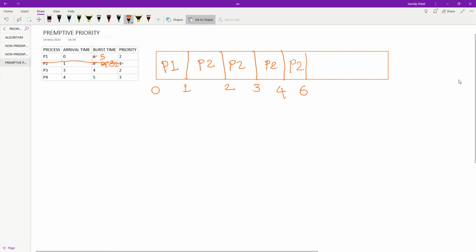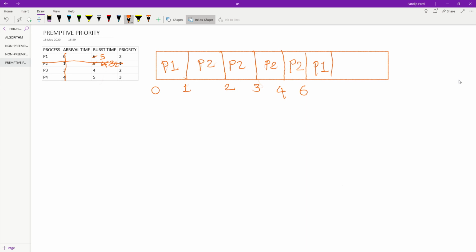All the processes are in the ready queue. All have arrived, so we will not consider the arrival time. We will just check the algorithm, which is priority, so we will compare the priority only. Here the next priority is 2, which is a tie between the two processes P1 and P3. Among P1 and P3, we will apply the first come first serve algorithm because it is a tie. So the first one selected is P1.